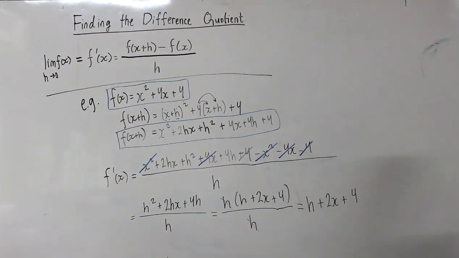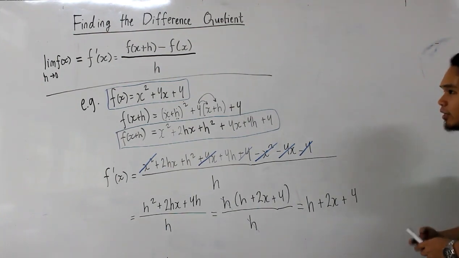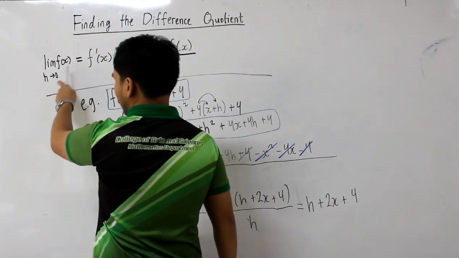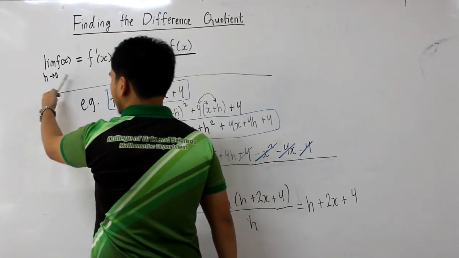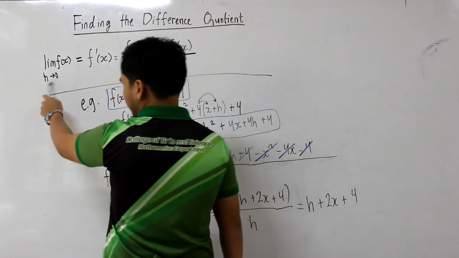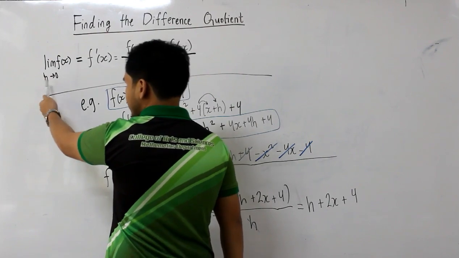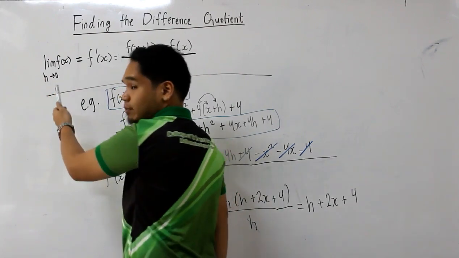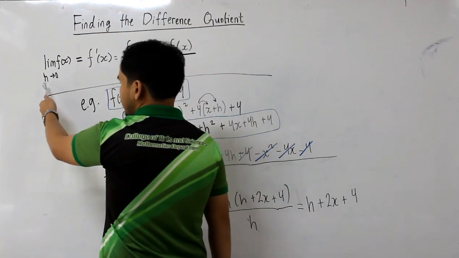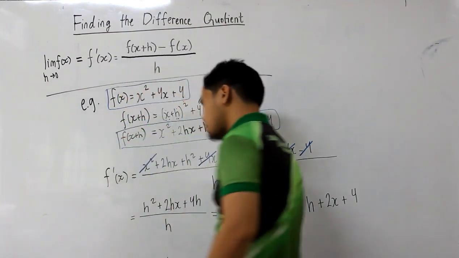Okay, and then one last thing before we could make this our final answer. Recall that our difference quotient is equal to the limit as h approaches 0. So from your limit formulas, if you approach something, the shortcut in doing this is substituting that something, this h here, with whatever number it's approaching. That's your shortcut for the limits formula. So since h approaches 0, you can just substitute h with 0. So if you do that,